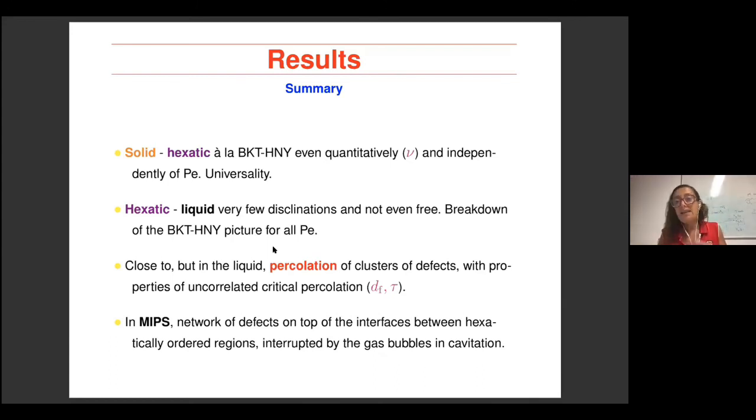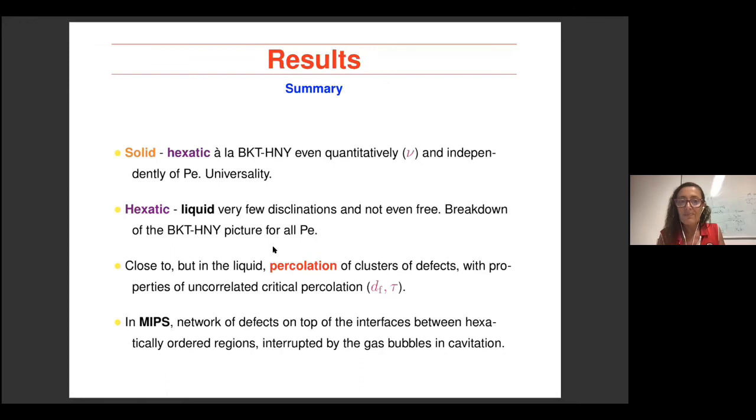I didn't have time to discuss it, but the exponent characterizing these BKT divergences that you have on the transition is independent of Peclet. This we have seen numerically. I think it can be proven analytically. Well, after the summer, probably the student will start working on this. It should be able to be proven analytically, and there's some kind of universality along this solid-hexatic phase transition